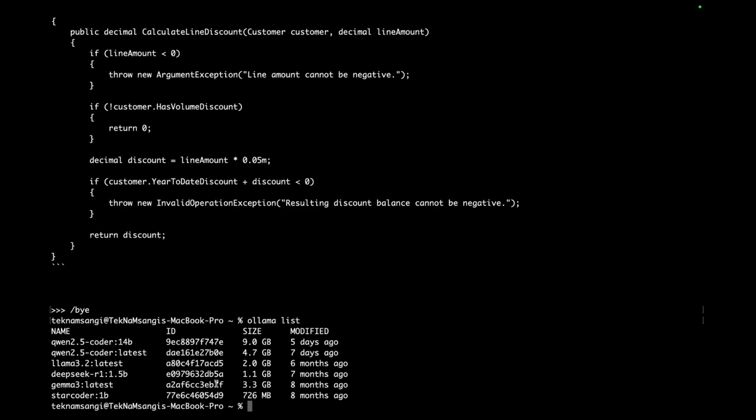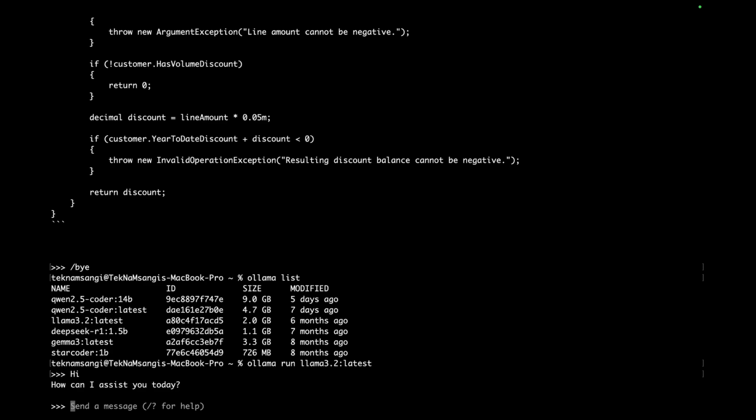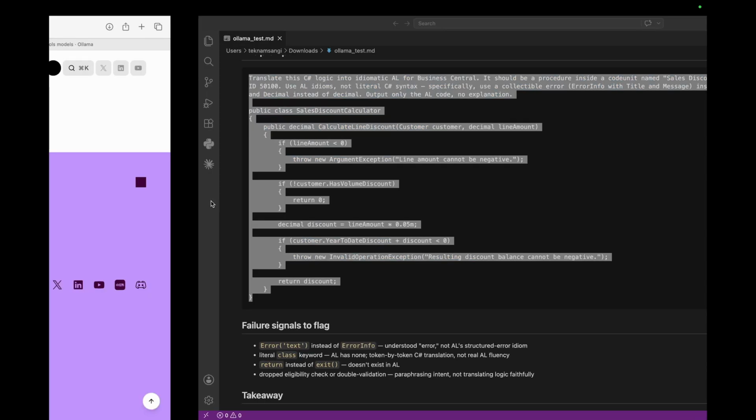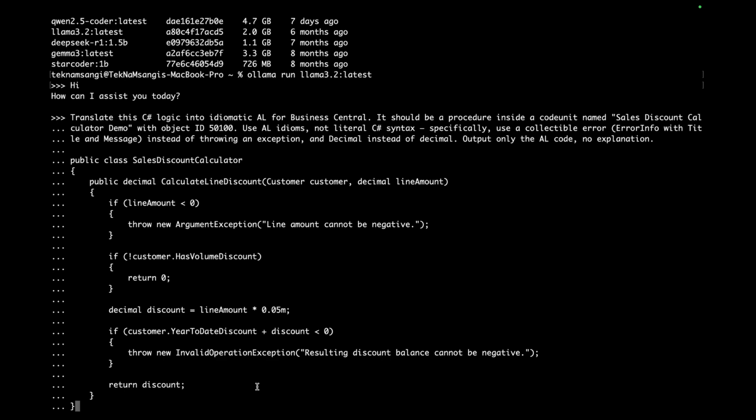Boom. Let's try and say hi. How can I assist you today? At least this model is well trained. It understands that I have said a greeting. And let's run the same code again, because how do you determine that a programming language is doing the right thing? Because we have given it instructions and it should create something that is similar, or it gives us a